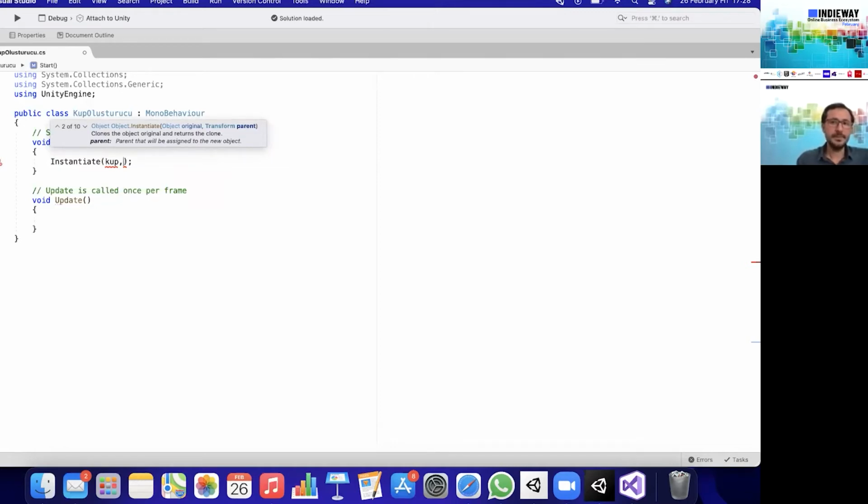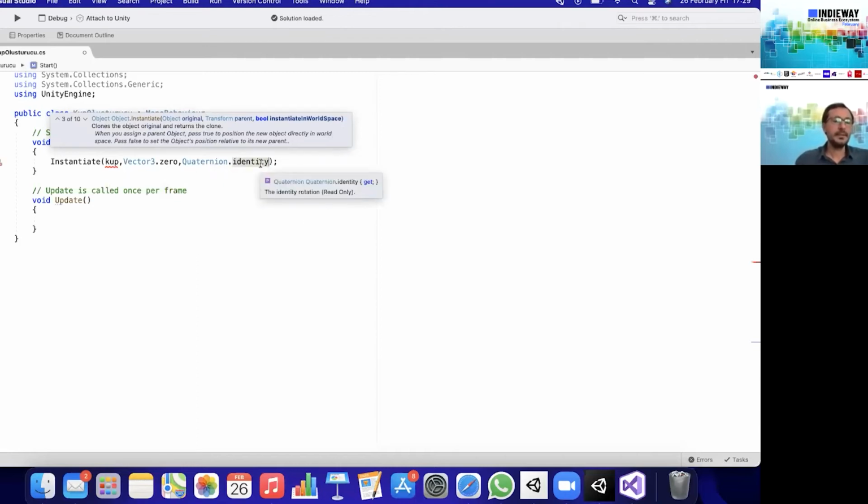And secondly, Unity will want us to enter the location. If we enter Vector3.zero, the XYZ values will be 0 in our location data. And we also enter the rotation data. If we enter Quaternion.identity here, the rotation values will be 0, 0, 0. So this cube,